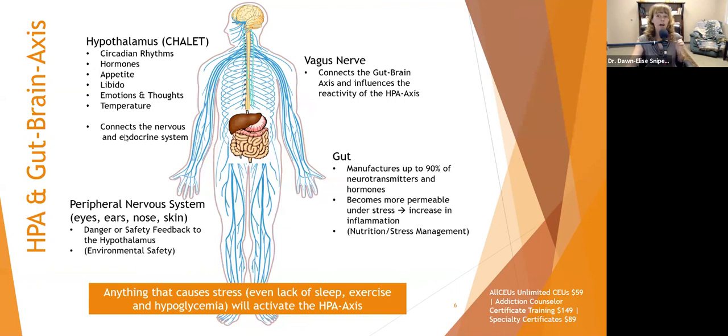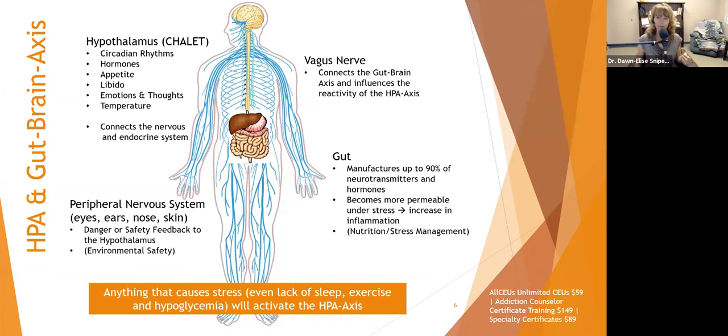The hypothalamus also connects the nervous and the endocrine system. So the nervous system takes in information about what's going on and says there's a threat or it's all clear. And the hypothalamus takes that information and relays it to the endocrine system and says, if there's a threat, we need to start secreting all these hormones for fight or flight. Or if there's an all clear, then it says we need to secrete all the hormones for calming down. But if that system breaks down, if the hypothalamus isn't directing the endocrine system correctly, then the person may experience